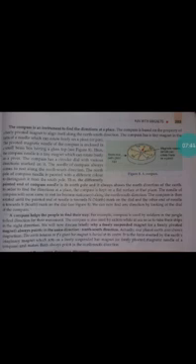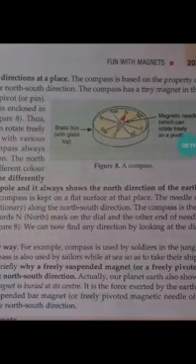The compass has a tiny magnet in the form of a needle. We have discussed it, that the compass has a tiny magnet which is free to turn or rotate. The compass has a tiny magnet in the form of a needle which can rotate freely on a pivot or pin. The pivoted magnetic needle of the compass is enclosed in a small brass box having a glass top. Got it? See figure 8.